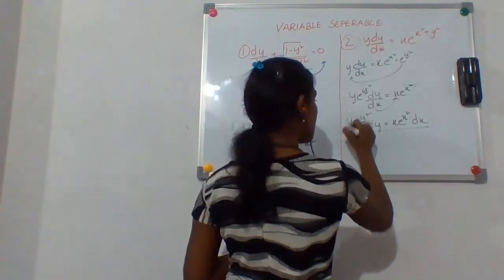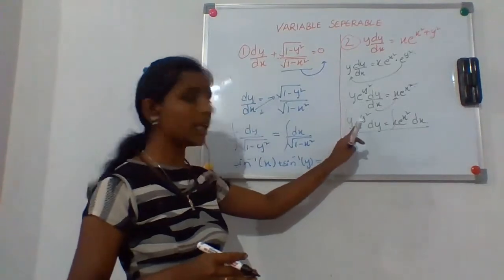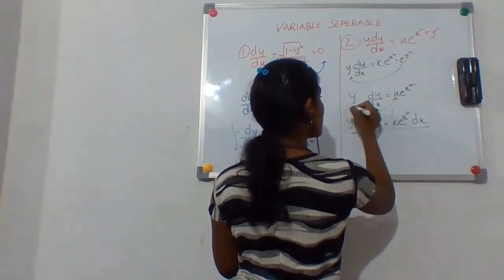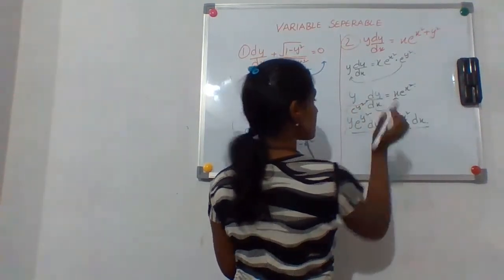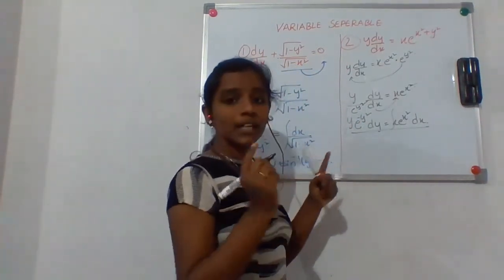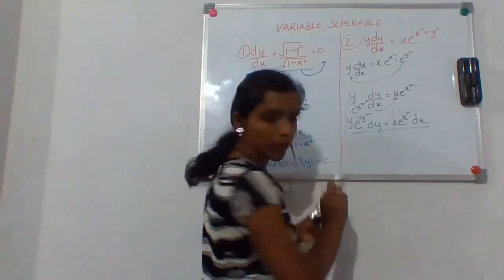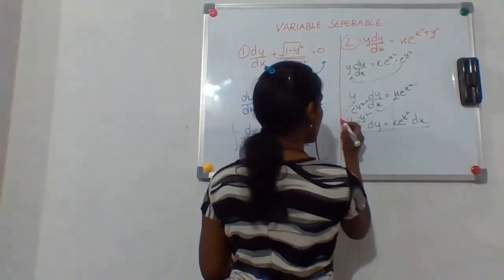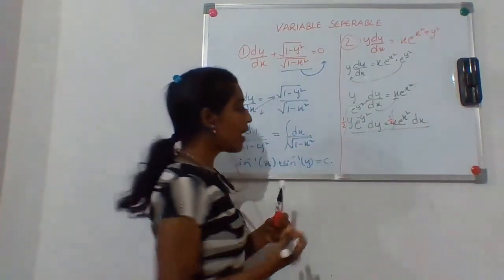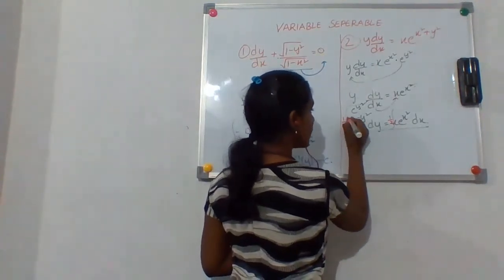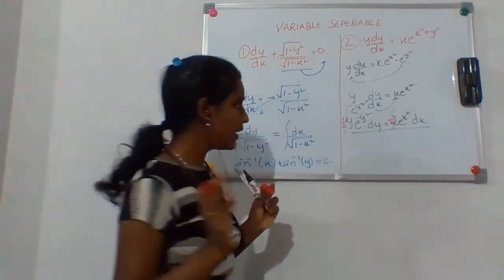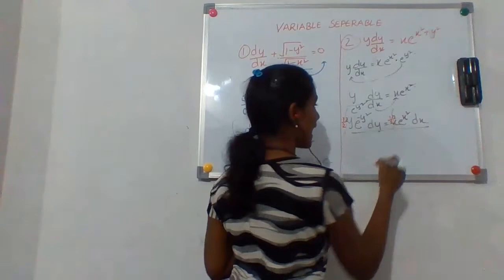Now I can integrate it on both sides. But how do I integrate it? I cannot integrate it directly. Sorry, I'm very sorry. It will be e power y square, right? Then it will become e power minus y square. Now, I can multiply with 1 by 2 on both sides. Then what do I get? I'll use another marker. 1 by 2 and 1 by 2. Am I right? So I'm doing 2 by 2. Have you understood clearly? So now these two 1 by 2's will get cancelled.